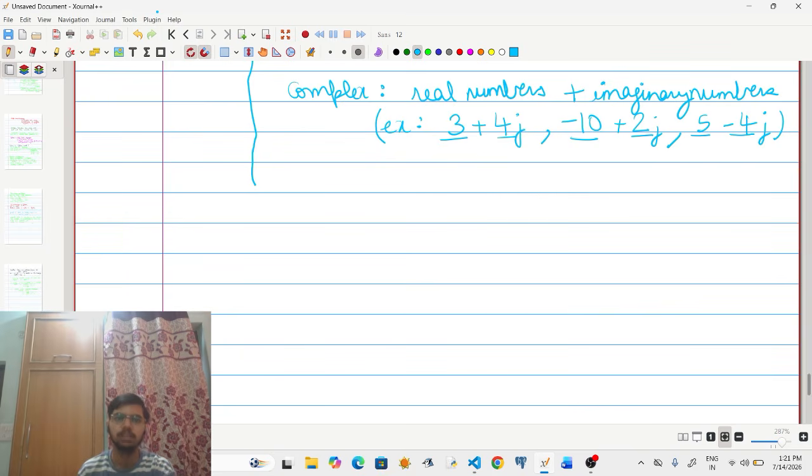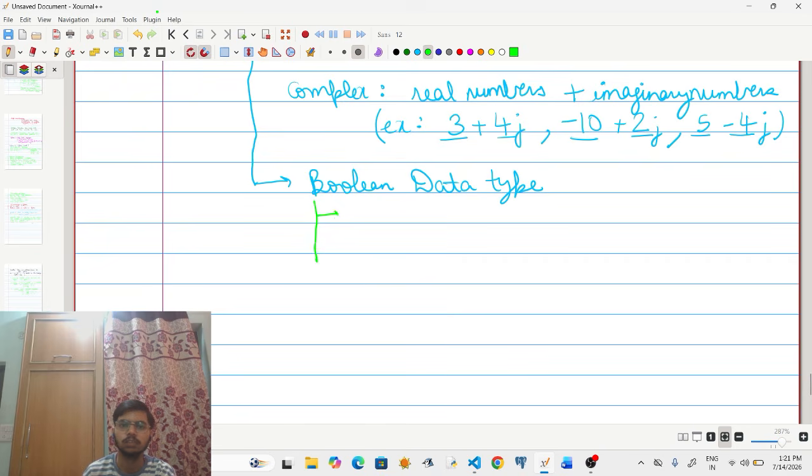Now the next data type is Boolean data type. Boolean data types consist of only two values, true and false.